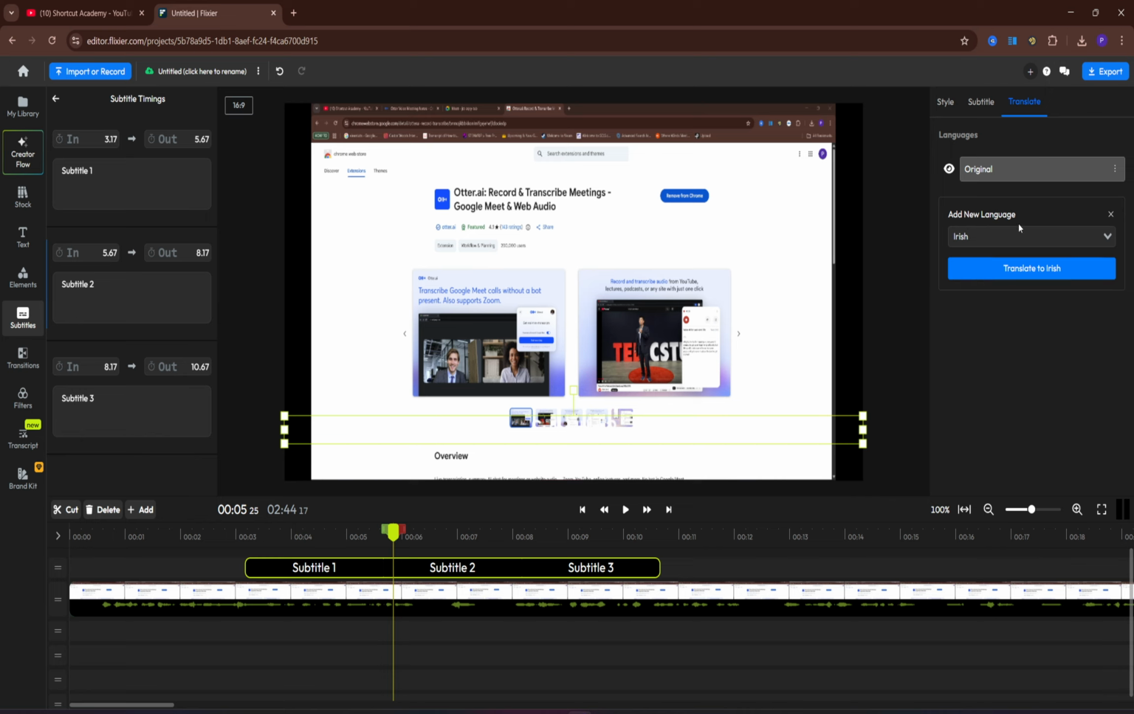And then when you select your language, just hit translate to Irish, and it will take some time, but eventually it will be translated into the Irish language, which you choose. You choose maybe different one, but right here doesn't matter. And yeah,